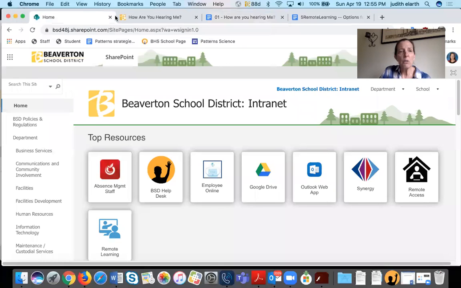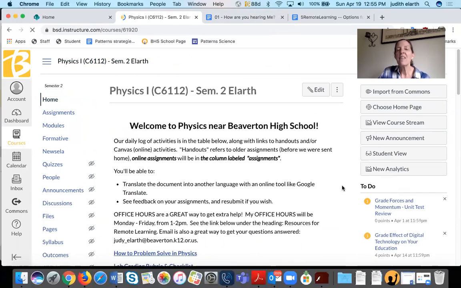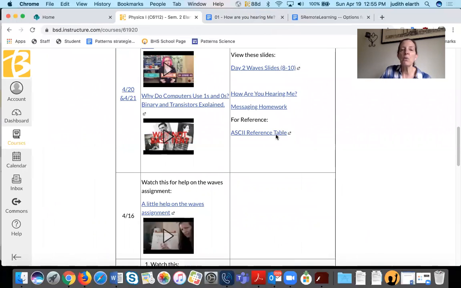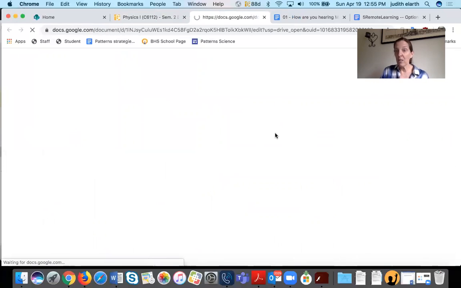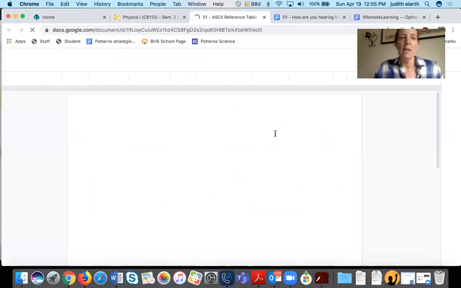So back here at your home page, I also gave you the entire code. Every symbol you could need in the world is right there. Okay, it's going to take it a second to open just because my Wi-Fi is slow. But you could use this and you're never going to have a problem then. Let's see. Okay, come on.